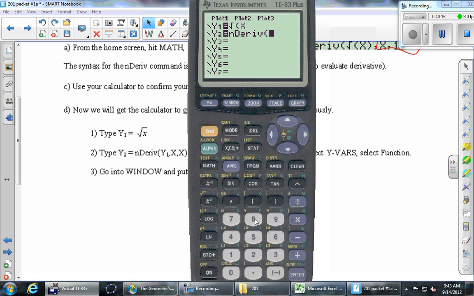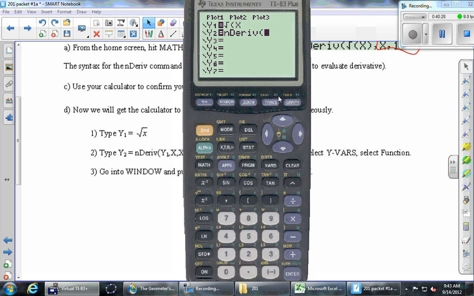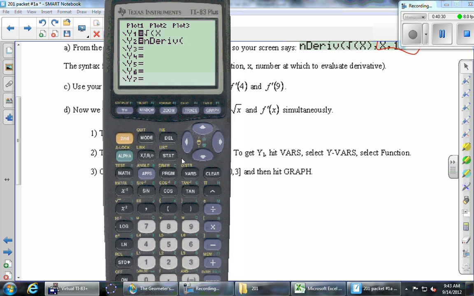Make sure you're doing that under the y2 line. And what I'd like to do is type, well, I mean, I could just type the square root of x right here so that it looks exactly like it did up there, square root of x. Or you could go into vars and then y bars and then function and then y1. So either retype square root of x or do that if that's easy for you to find. The reason I like this is that if you decide after we do this to change the y1, then you'll get the right graph automatically in y2.